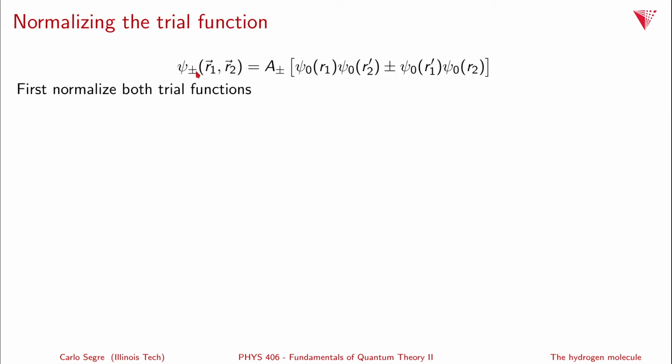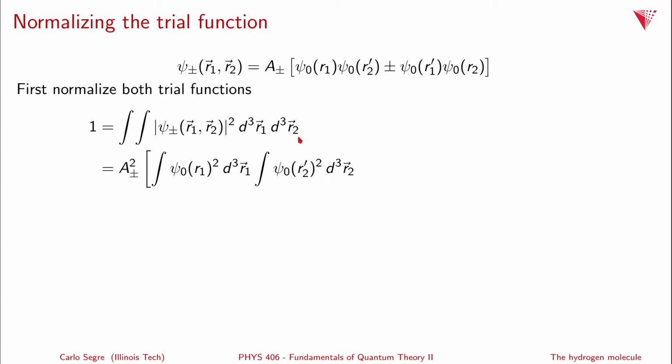So here's our trial wave function. Psi plus/minus of R1, R2 is equal to A plus/minus times psi 0 of R1, psi 0 of R2 prime, plus or minus psi 0 of R1 prime, psi 0 of R2. We want to normalize both of the trial functions. Well, that's easy enough. When we take the psi plus or minus squared and integrate it over the 2 coordinate systems of the 2 electrons,